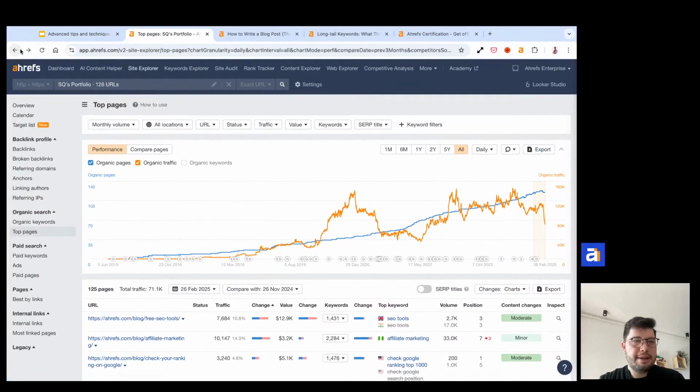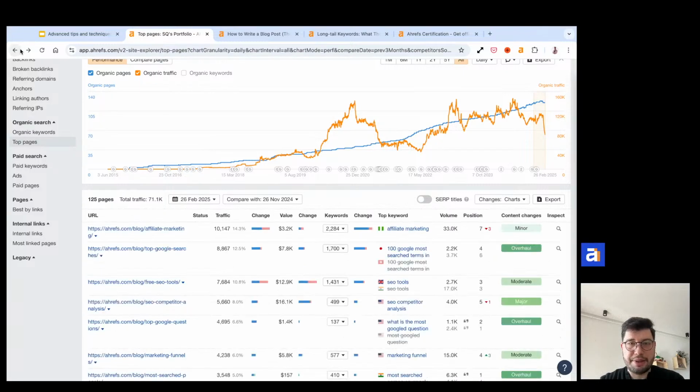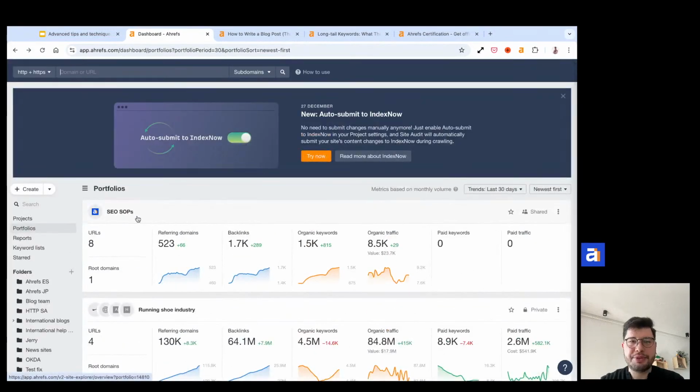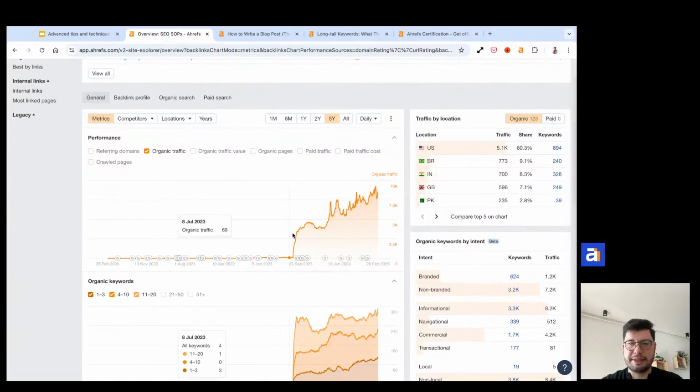All right, another use case for portfolios is to run SEO experiments. For example, we have a bunch of SOPs, standard operating procedures, for people who want to learn about Ahrefs or who want to implement certain marketing processes step by step. And we just wanted to test what kind of traffic they're generating, and whether it makes sense to invest in something bespoke like an SOP